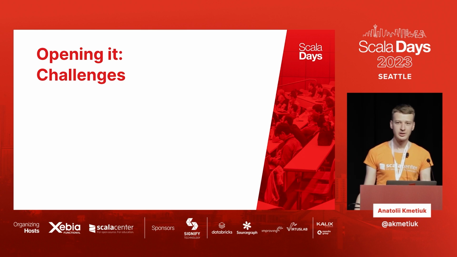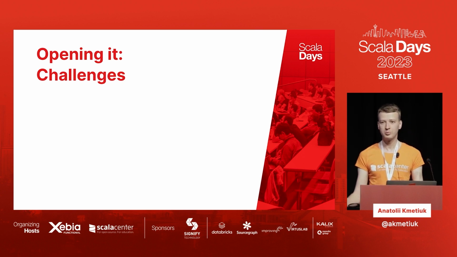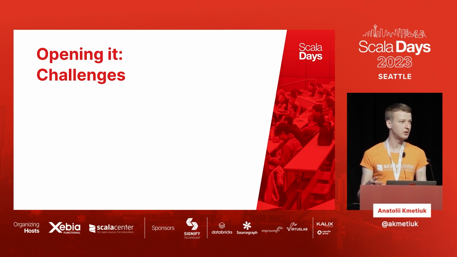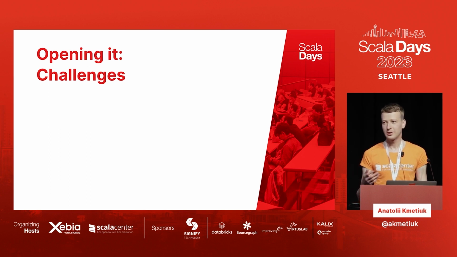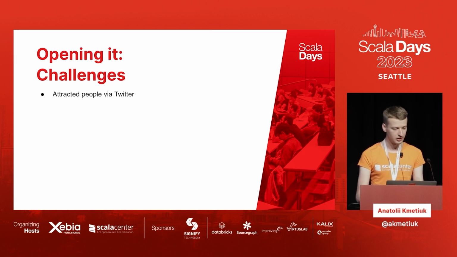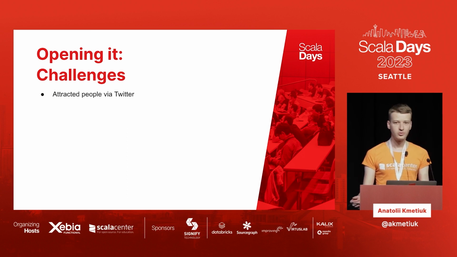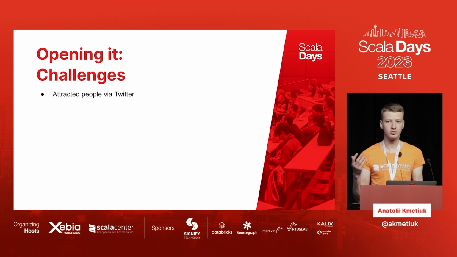After those 7 iterations, we felt like we are confident enough to start opening it up more to people from the community, because we are not only the 4 core teams working on the compiler, we also have people from the community who actively contribute. So we wanted to include them as well. So how did that go? Well, how do you find those people? Well, we sent out the call on Twitter for people to join.